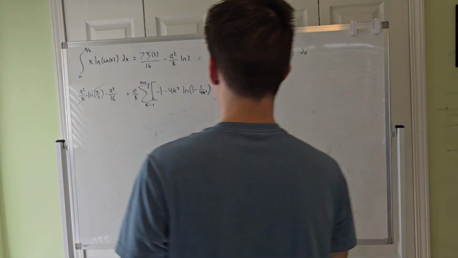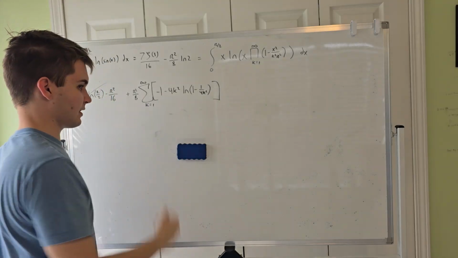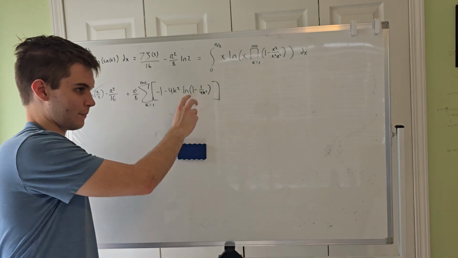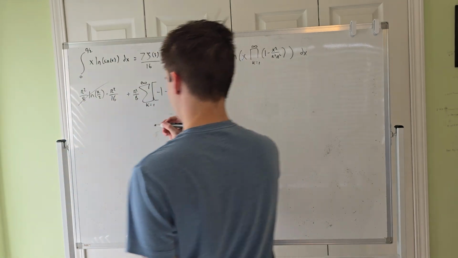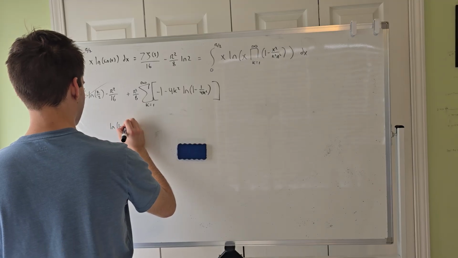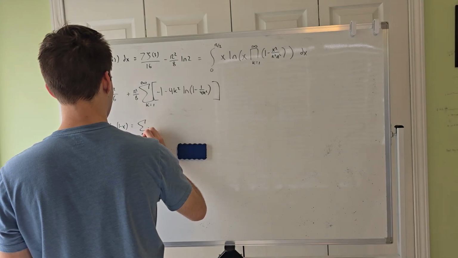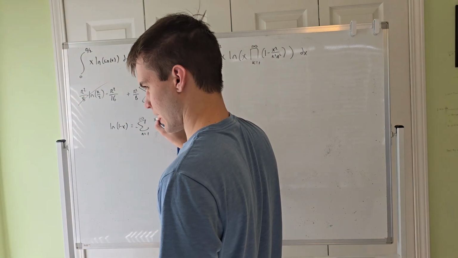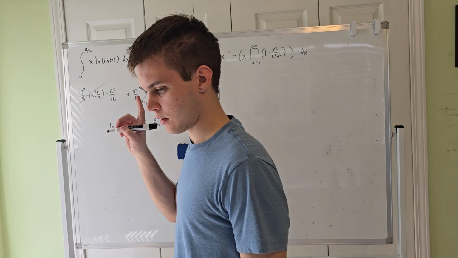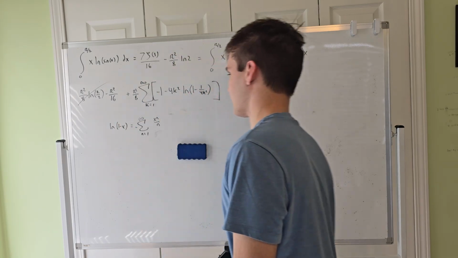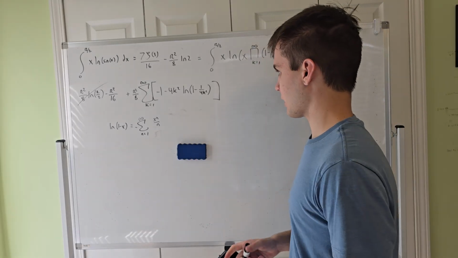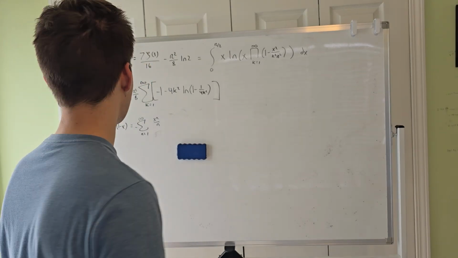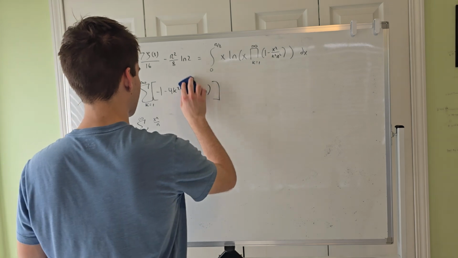Lovely. Okay, so now we have to actually address the elephant in the room, which is this minus 1. So how we're going to do that is we're actually going to look at the other term, this logarithm. So recall that ln 1 minus x equals the minus sum of that, x to the n over n, after we re-index it. So, okay, our x here is just 1 over 4k squared, which is obviously going to have magnitude less than 1, so it's valid. So that means we're going to write this